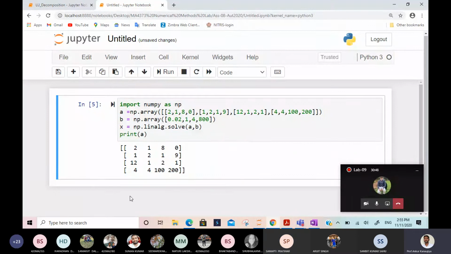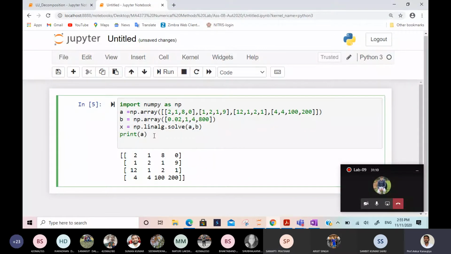So how to find maximum in Python? np.max. Okay, so I will do np.max. So first tell me how to get the first column. I want to print not matrix A, I want to print the first column, only one column. First tell me how to print column number 1.